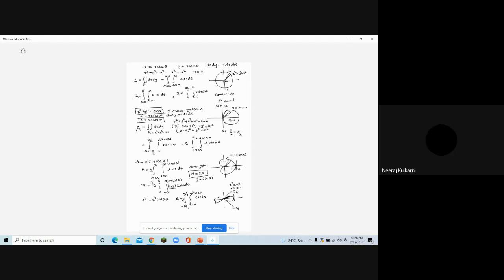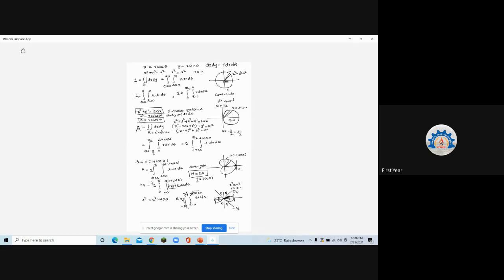Clear? Ma'am, can we take the theta limit as 0 to 2 pi again? You can see the loops between minus pi by 4 to pi by 4. So how you are going to take between 0 to 2 pi? It won't give any value because there is no curve between those points. This is your curve, which is lying between minus pi by 4 to pi by 4 only. This is your area which is covered. Here there is nothing. So you cannot take 0 to 2 pi.